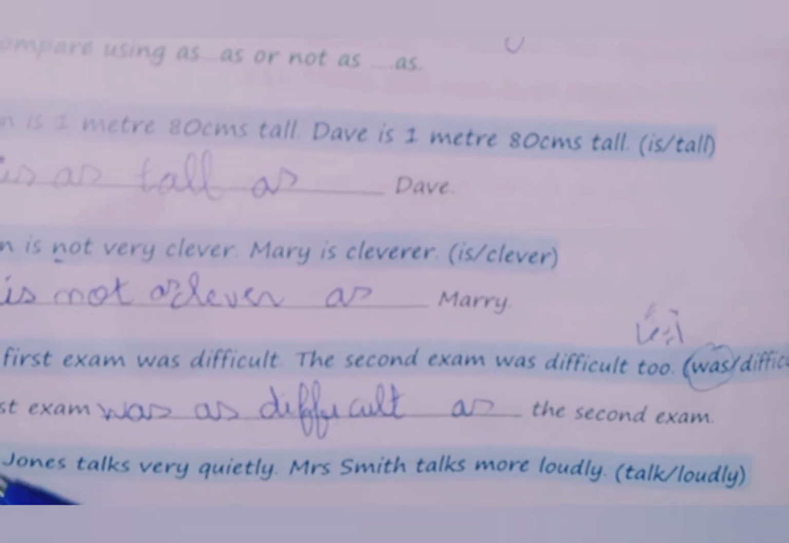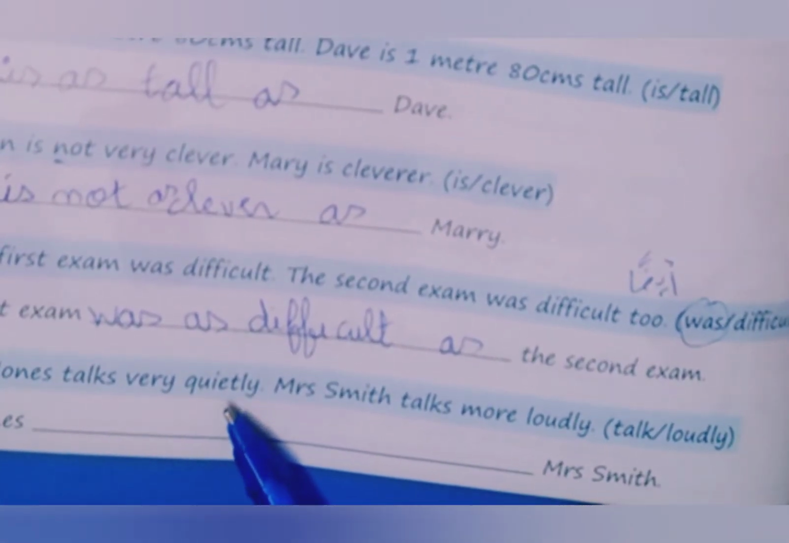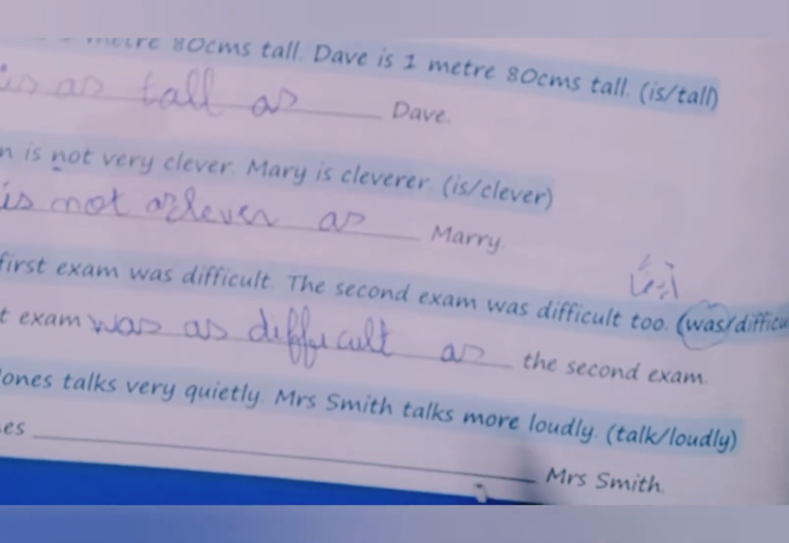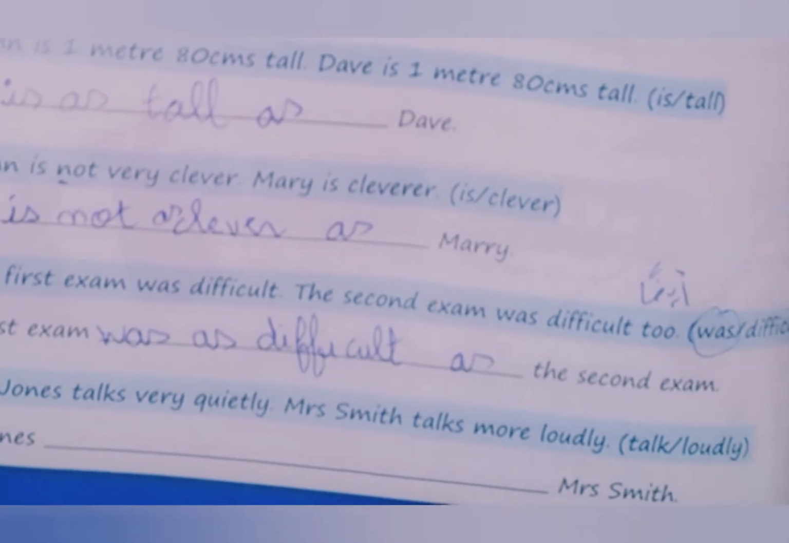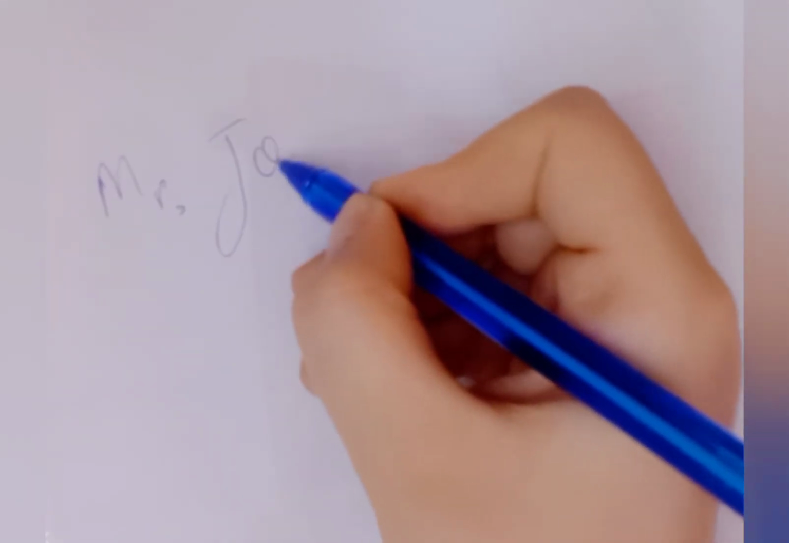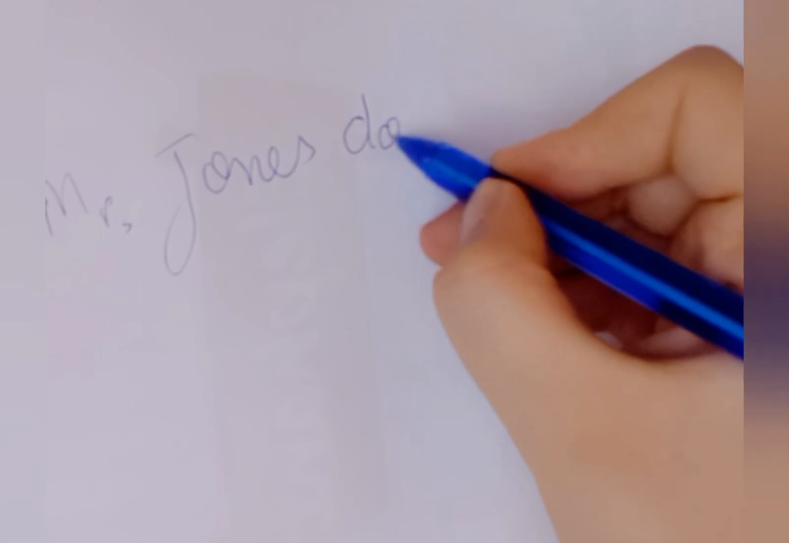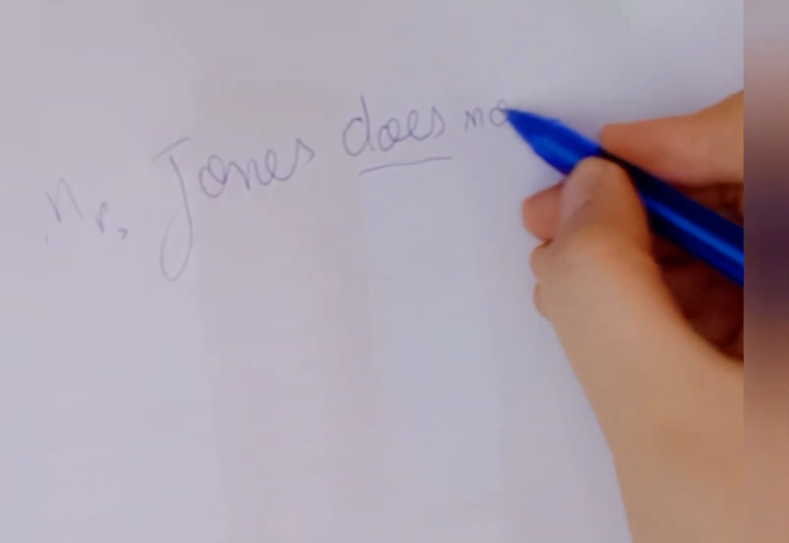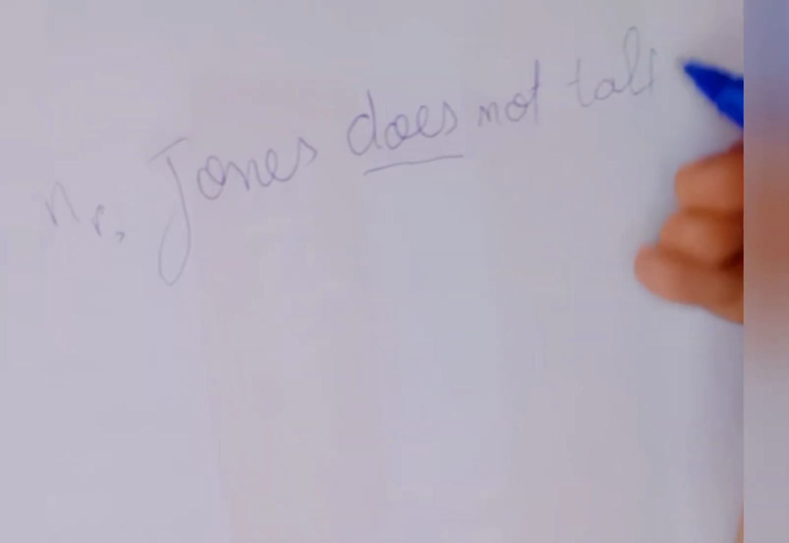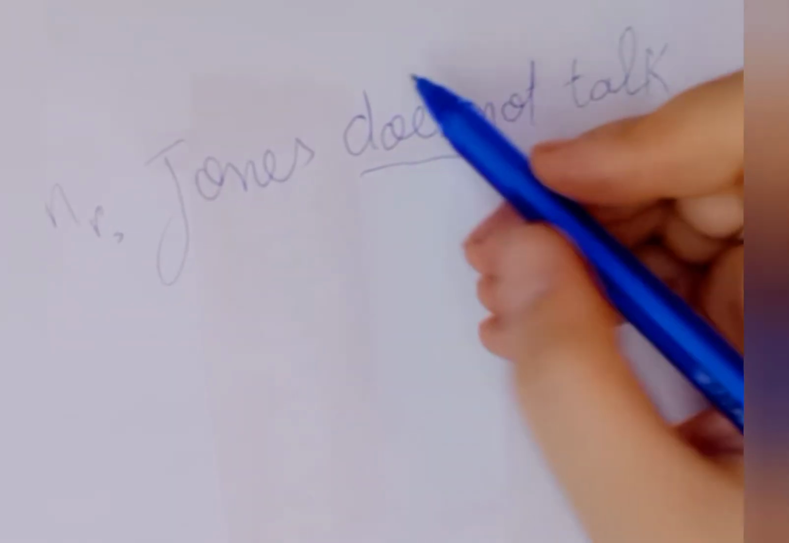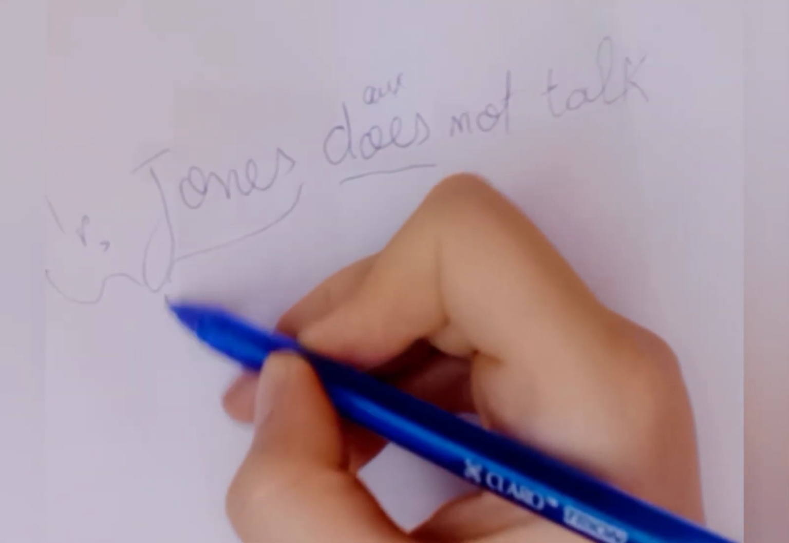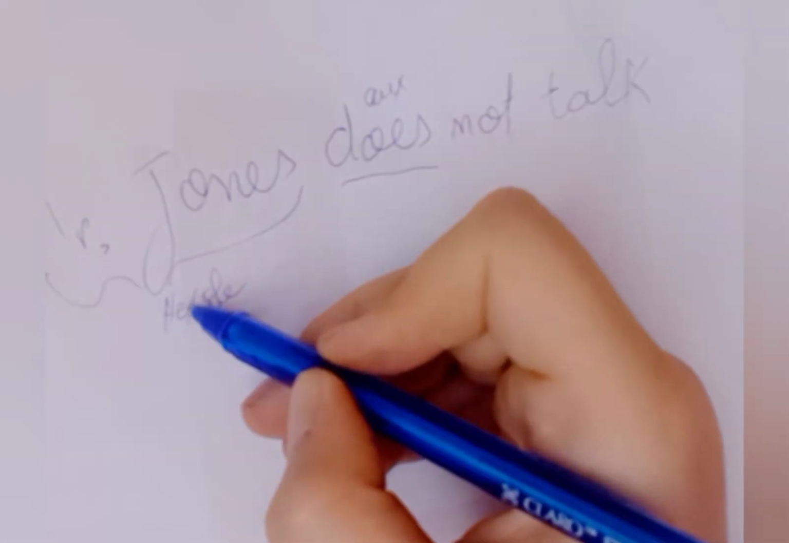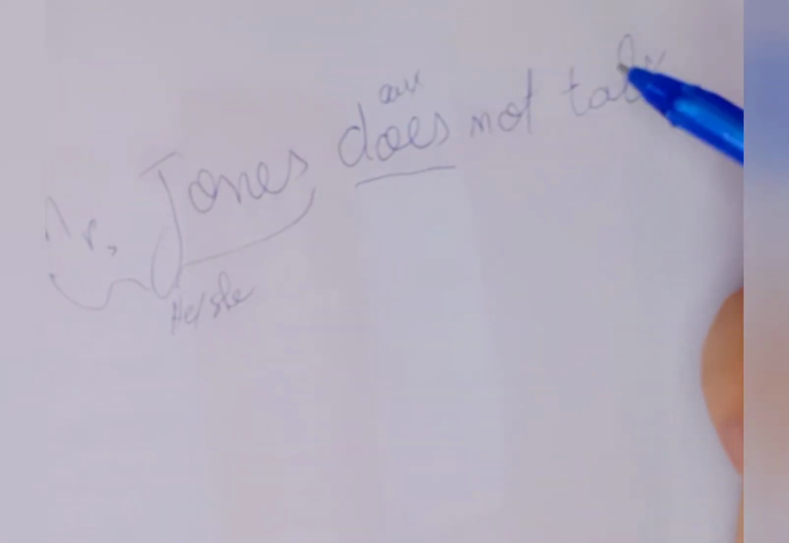Mrs. Jones talks very quietly. بهدوء. Mrs. Smith talks more loudly. بشكل عالي, بصوت عالي. Talk, this is the verb, and loudly is the adverb. Here it's not clear, so we start with Mrs. Jones does, the auxiliary, because it is negative, does not talk. لأنها جملة منفية, we need what? We need the auxiliary to do. And here we put does because we have he or she. Here we say she, not he. Mrs. Jones does not talk